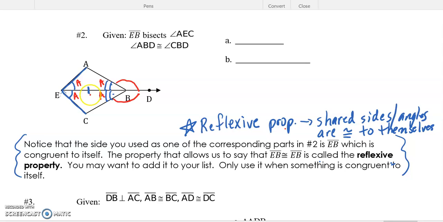So now I have a pair of sides, and this is going to be angle, side, angle, because I see the side is between my two angles. It's also called an included side because it's included on both of the angles. So are these going to be congruent? Yes, absolutely. So my triangle congruency statement would be triangle, let's say EAB,